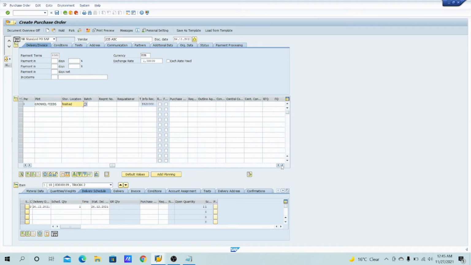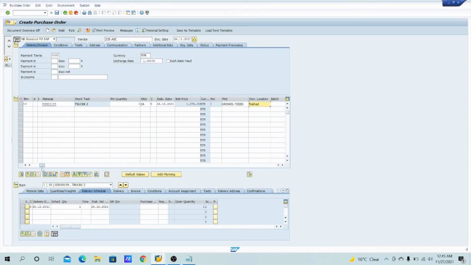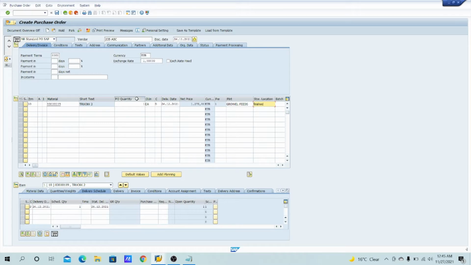In this purchase order layout, I will try to make a few of the fields grayed out or required entry, just like the PO quantity. Even though in the order unit it is coming EA, where is it coming from? From the material master, right?